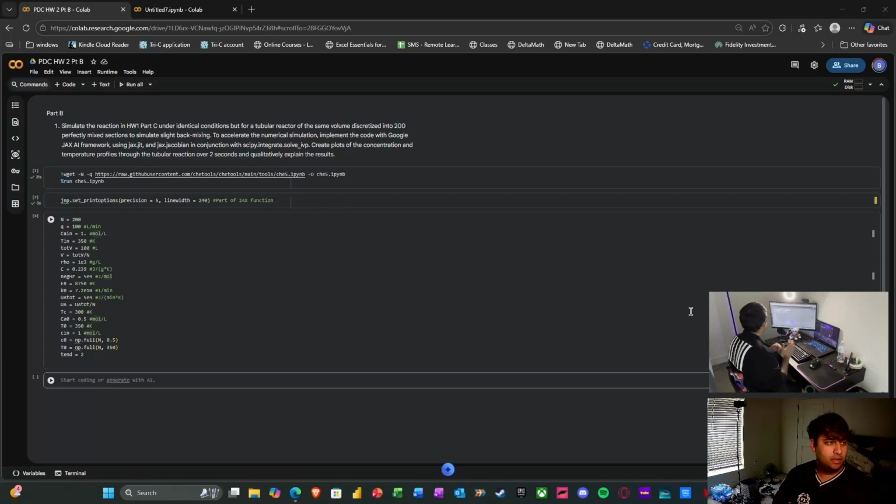So this is for process dynamics and control. This is homework 2 part B. What we're going to be doing today is using homework 1 part C, and we're going to use the conditions for that, and pair it with part A of homework 2 as well. We're going to use this for a tubular reactor of the same volume,